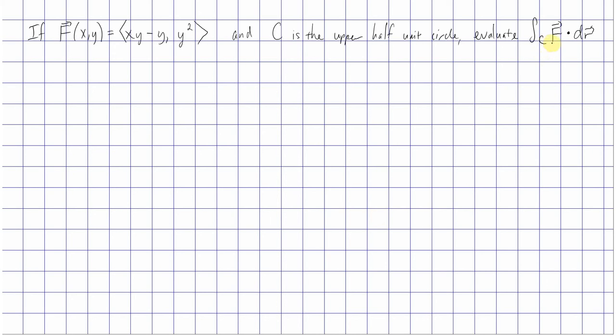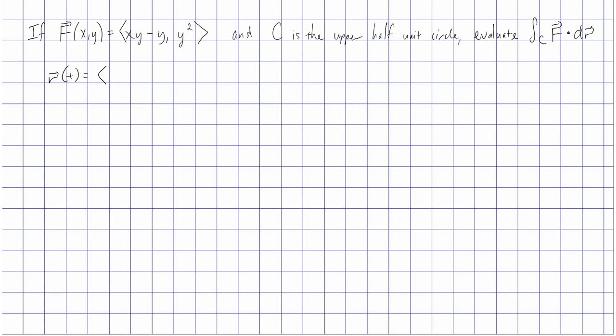Let's take the line integral of the vector field f of x, y equals ⟨xy minus x, y squared⟩ over the curve C, where C is the upper half unit circle. So first, for our parametrization,